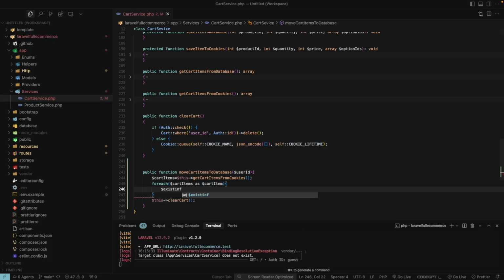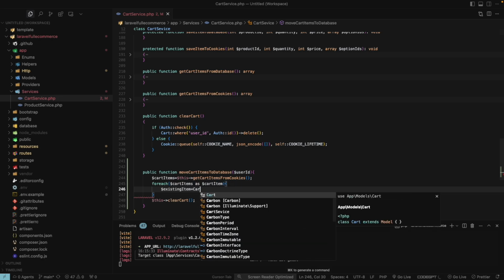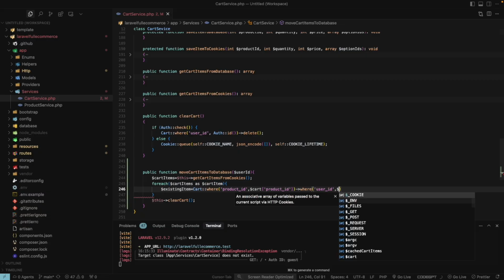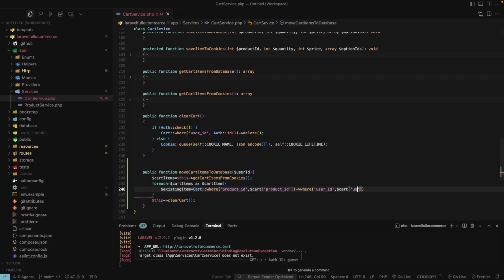existing item is equal to cart or product ID equals to cart product ID, and then where user ID is equal to cart user, no, not cart item, but this cart item and item user ID. Okay, and then where